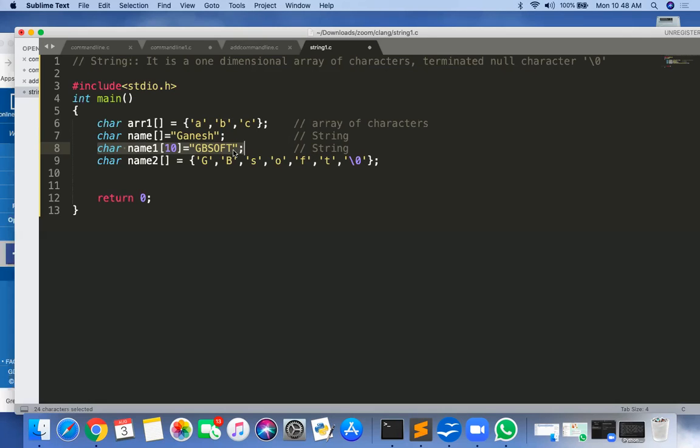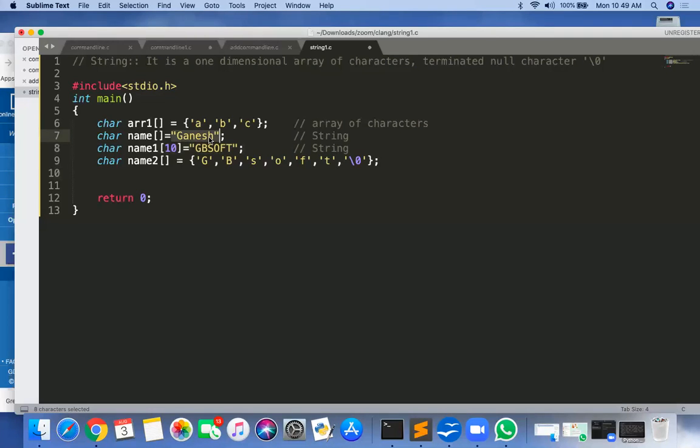These are \0. But that memory is there. So here you are wasting 3 bytes. Getting? So it's \0 for the rest of the things, until 10. But for the previous one, it's only one \0, because the size of that string will be decided by whatever characters are present plus one for this \0.